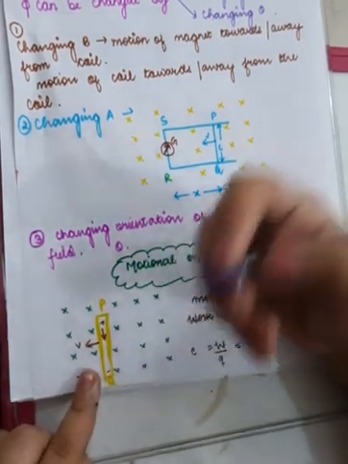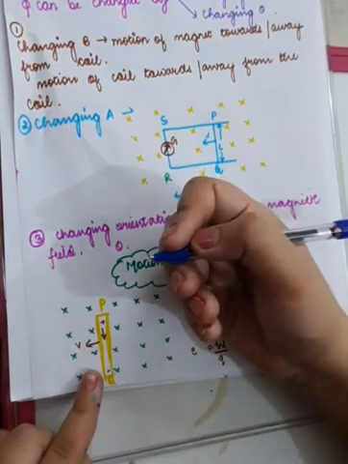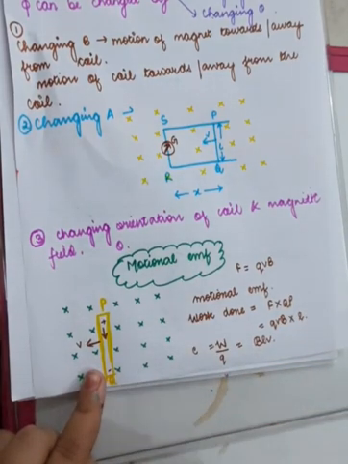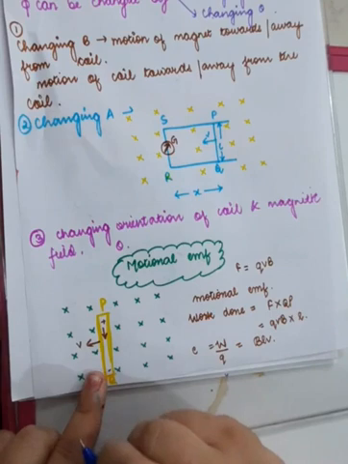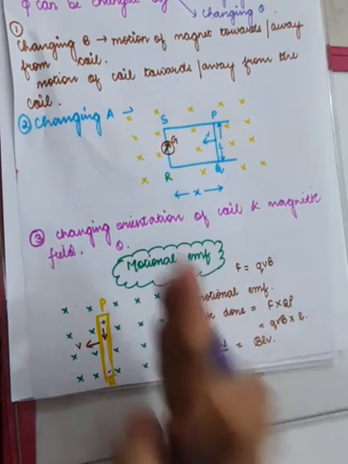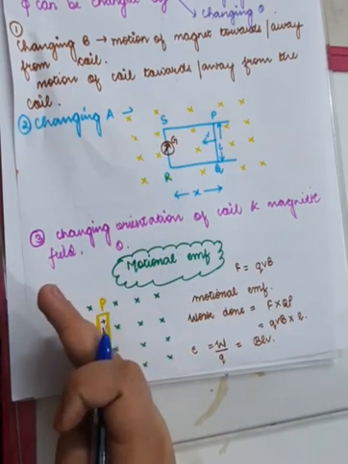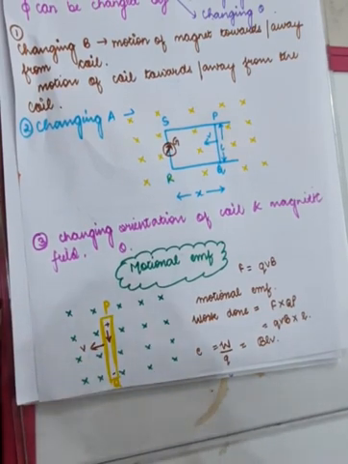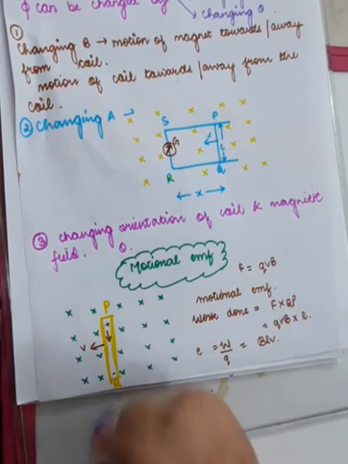So this rod PQ, of course, it is made up of atoms, and atoms have charges, positive and negative, right? So what is going to happen? When you are moving this rod with the velocity v in the presence of magnetic field, then you should not forget that charges are also moving. Because the rod has charges, so charges are also moving with the magnetic field. So this time you have charges moving in a magnetic field, so charges will experience a force due to the magnetic field. F is equal to q v B, right? So F is equal to q v B sin theta, and sin 90 will be there, because the direction that